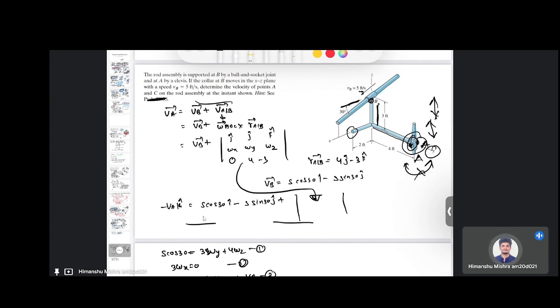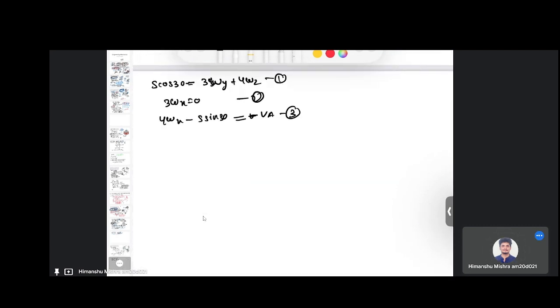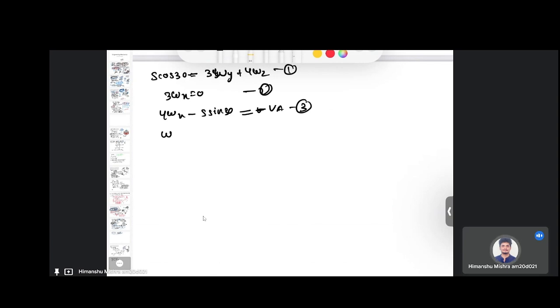So it can move upside and downside, but it cannot move left and right, and it cannot move backward and forward either. So it cannot rotate, which means my omega in the j direction